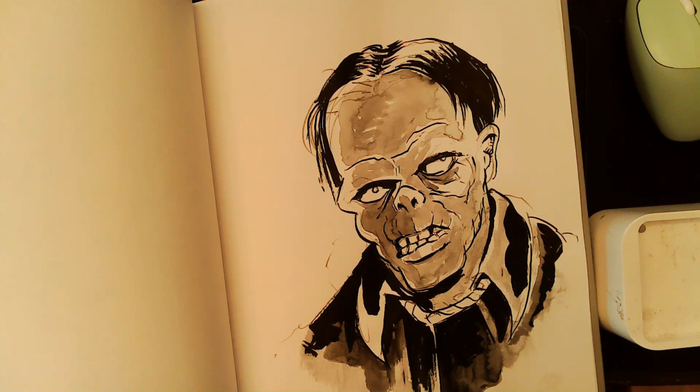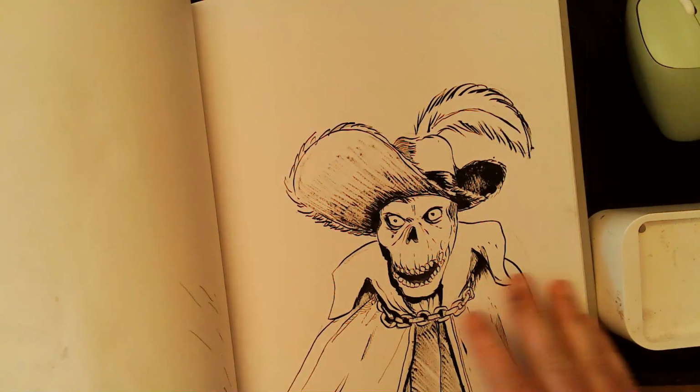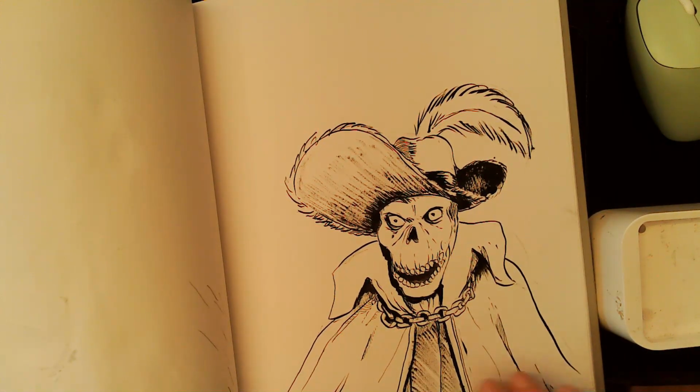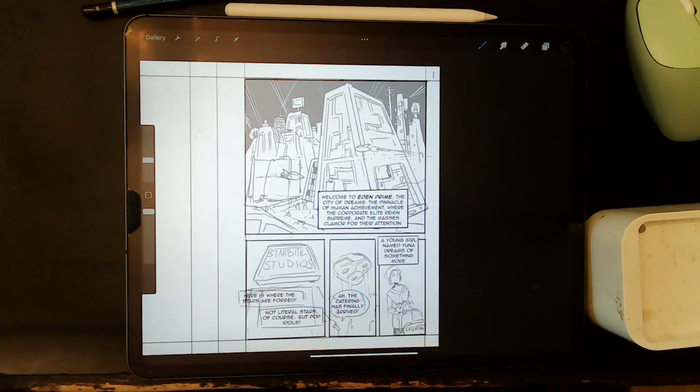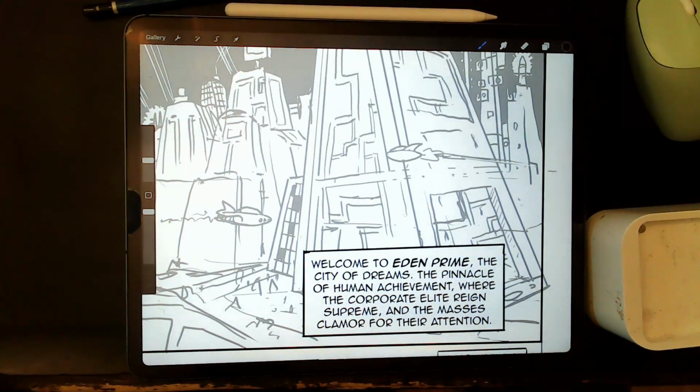So I started brainstorming, and I used this technique, which I'm going to show in a future video for the brainstorming stage, and then for doing some organization with it. But I came up with the idea that in the dystopian future, here's my dystopian future city, Eden Prime.